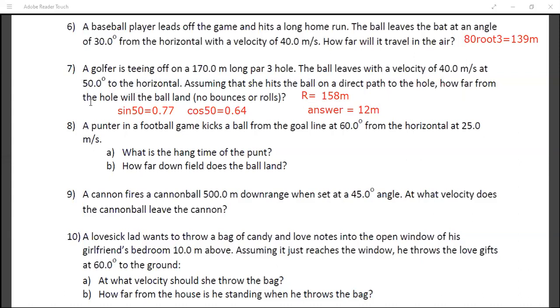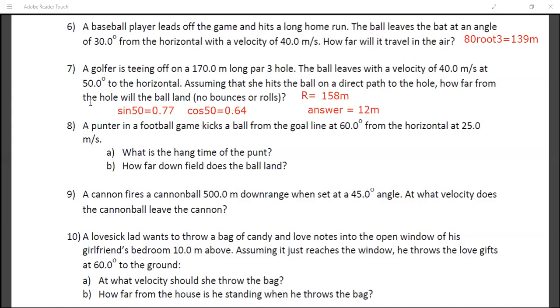Yeah, Shravan? Sir, I have many doubts in this question. Tell na. Sir, firstly, here we can't use the formula u square sine 2 theta, because sine 100 is not known. So next, u square we would get as 1600. And as he took g as 10, it would get cancelled out, so what would remain is 160.